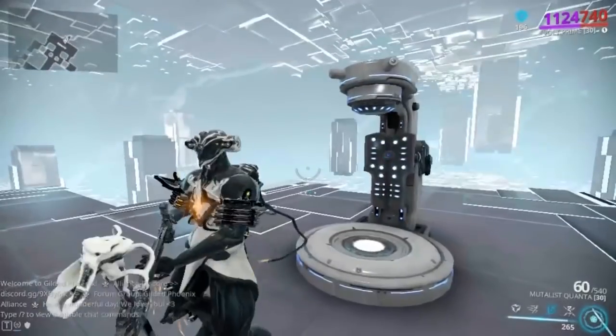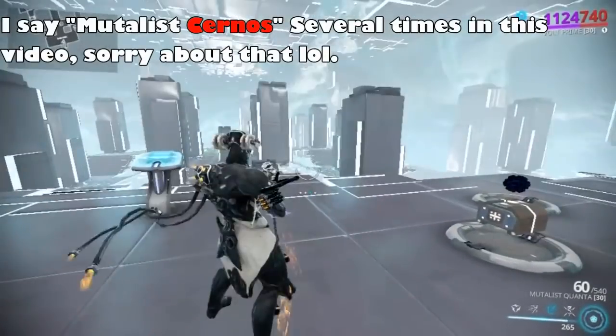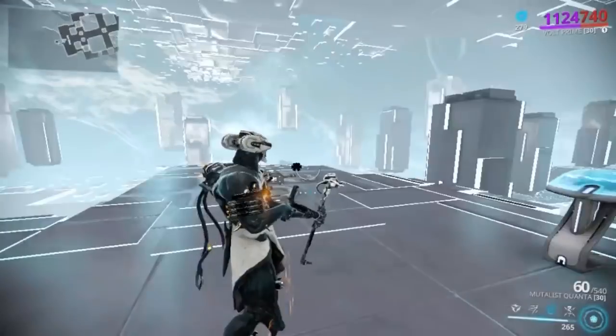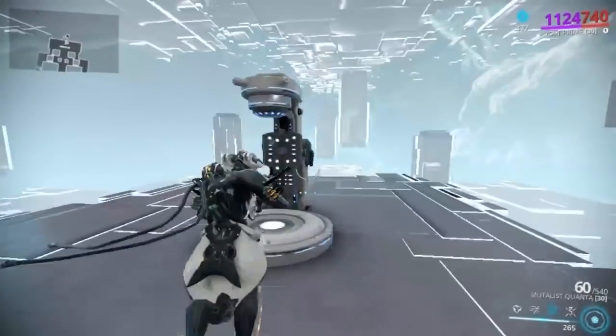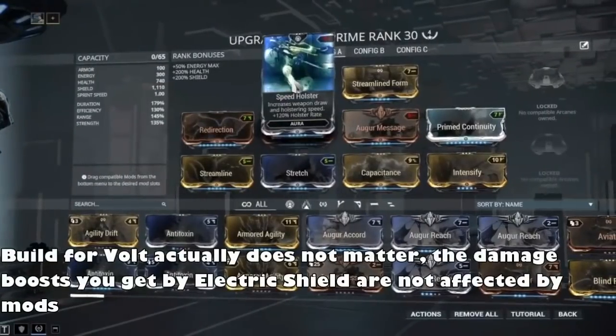Alright guys, just like I said in my last video, I was going to do a more proper test with the Mutalist Cernos and Volt Shield, with numbers and stuff, to kind of explain what's going on. It's not really a bug, although there are some suspicious issues that I will discuss, as you'll see in a moment. First off, I just wanted to show the build, which is what you see here, which is speed holster